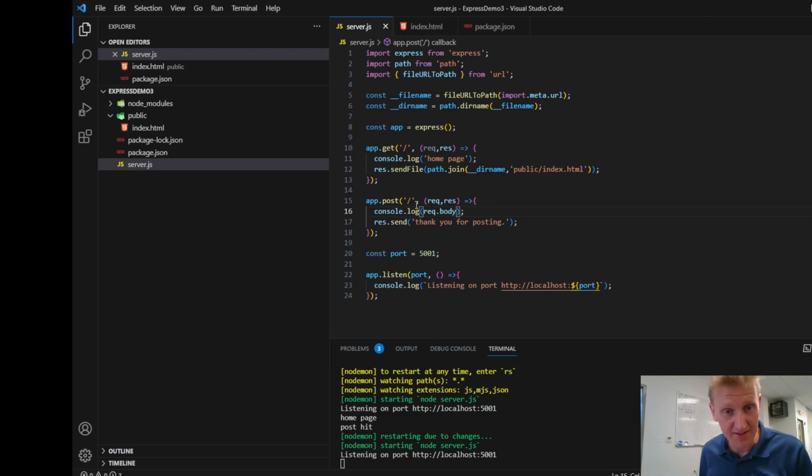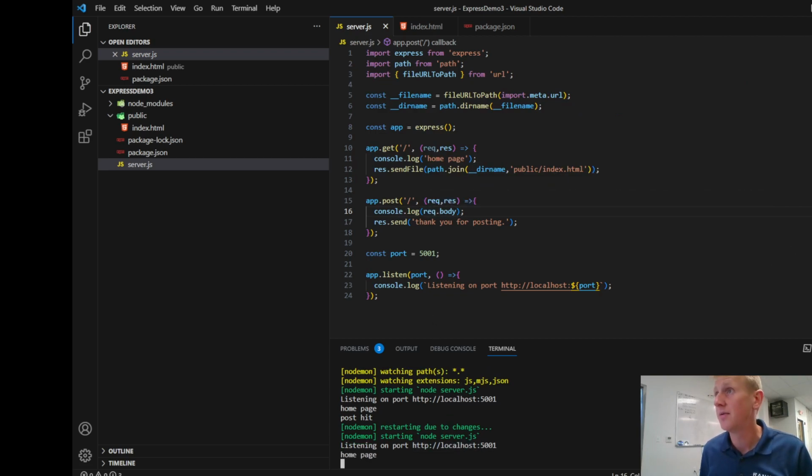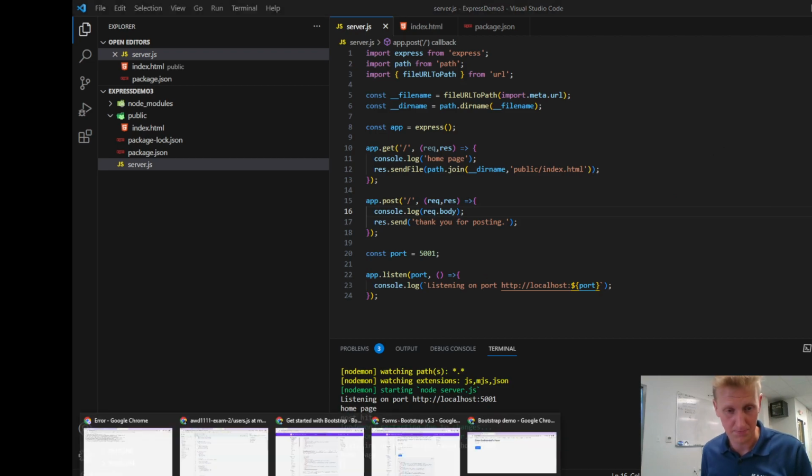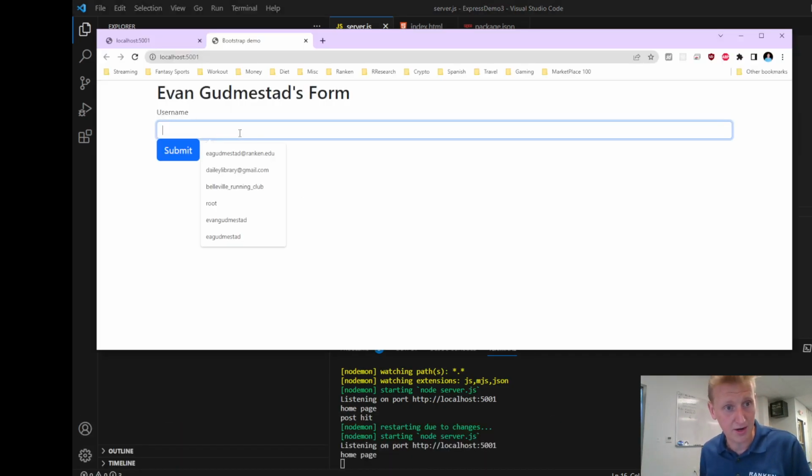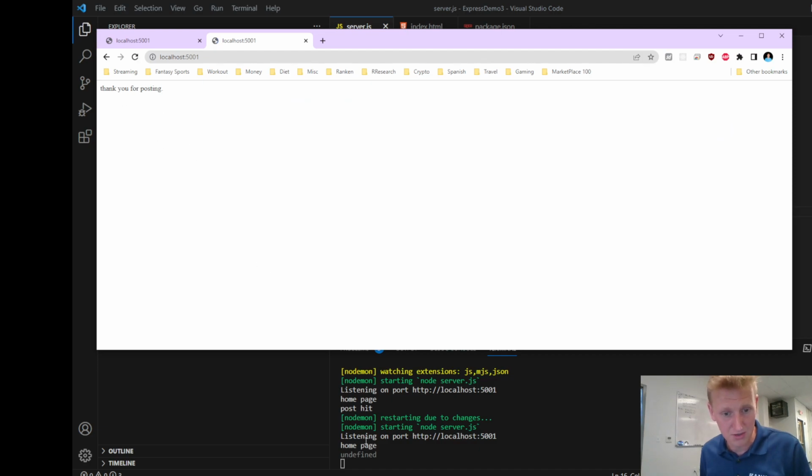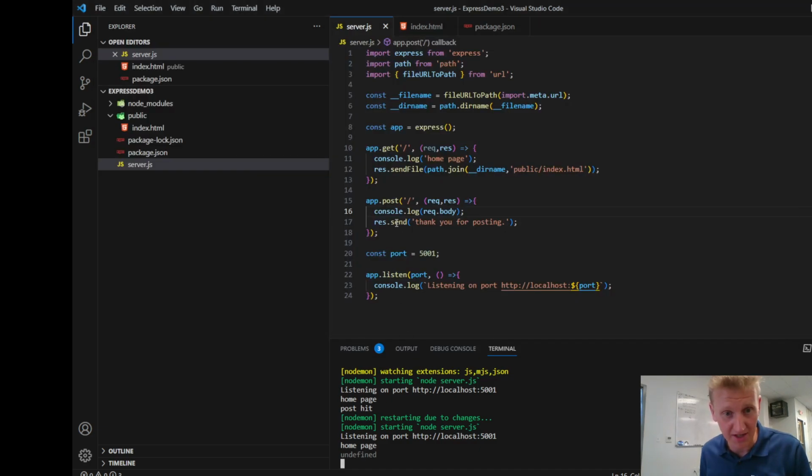And I'm going to expect this to error out, but I want to show you this error. It doesn't matter what we type in here. Thank you for posting, but you're going to notice back here that what we put to the console, rec.body, is undefined. And yesterday, I wrote a line of code in our server.js that I said, hey, if you want to work with data coming from the client,